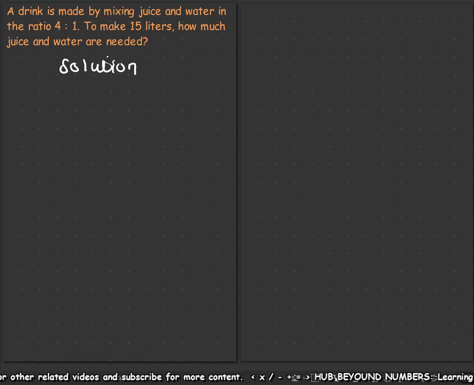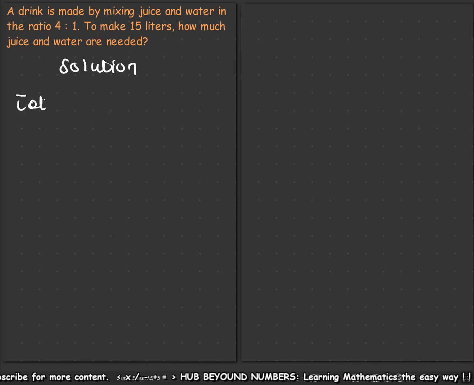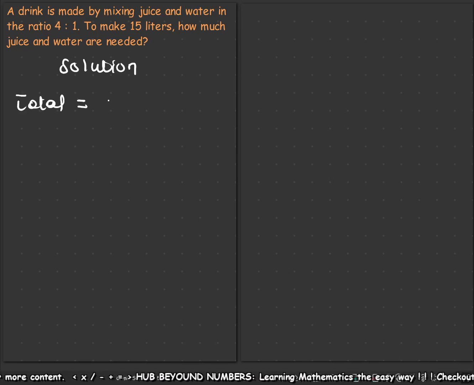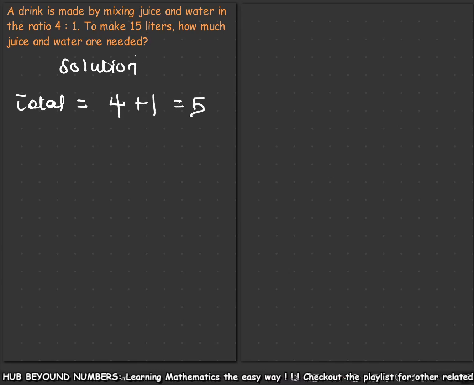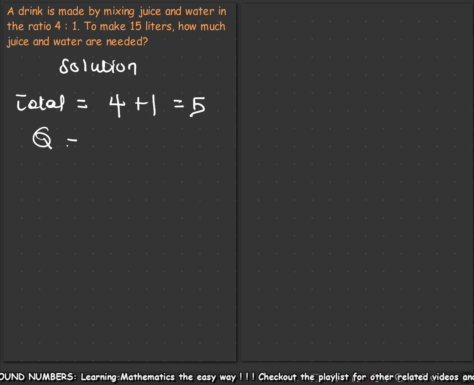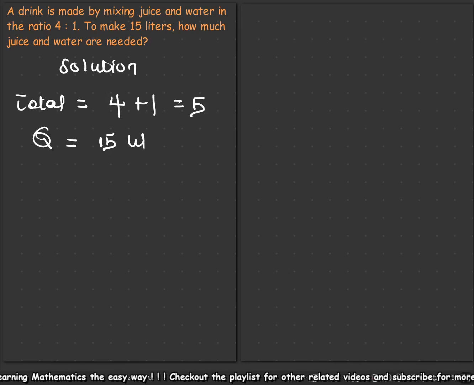So this is also a problem relating to proportional division. Now our total part, which we need to know, is what? 4 plus 1, which is 5. And then the quantity we want is 15 liters. You see? So for juice,